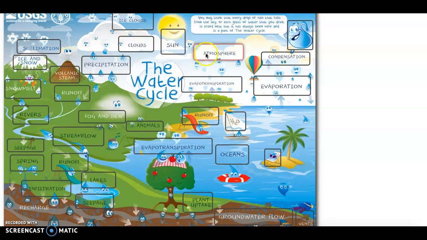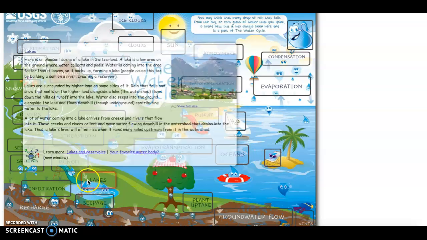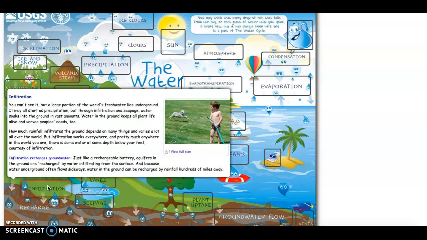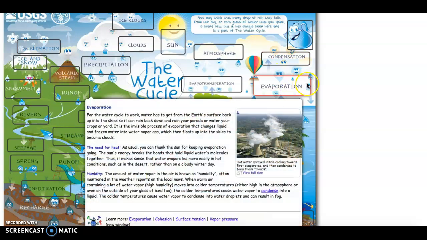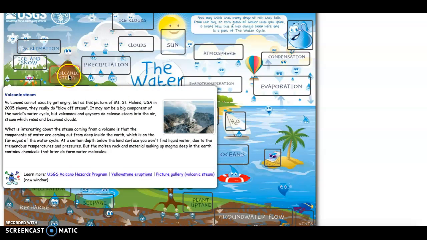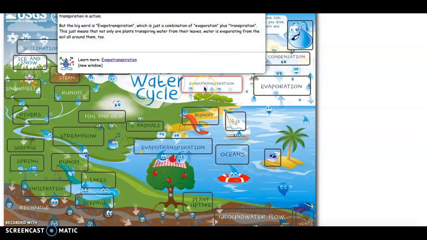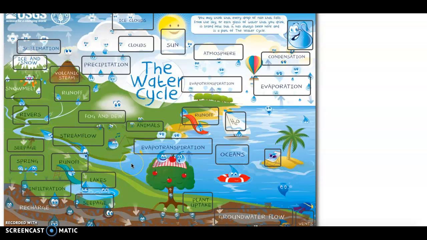of the things that are mentioned in this diagram aren't necessarily mentioned in our book or Go Noodle. So it's good for us to look at all the different things that might not be mentioned but still play a role in the water cycle. Like condensation, evaporation, precipitation, those are all parts of the water cycle that we are going to hear in the song and in the book, but we might not hear about volcanic steam or evapotranspiration, or seepage. These are all words that we might not hear in the book or the song, but